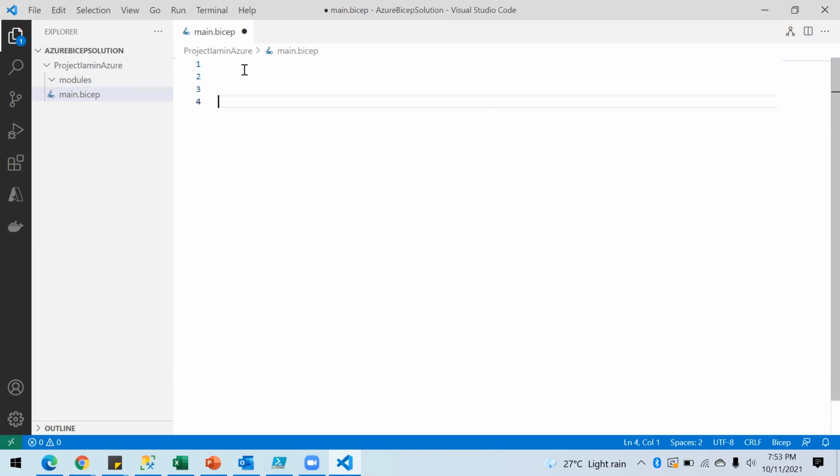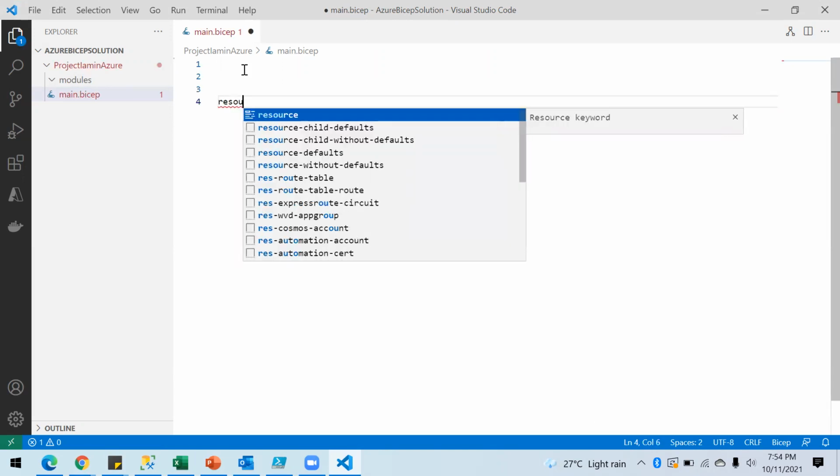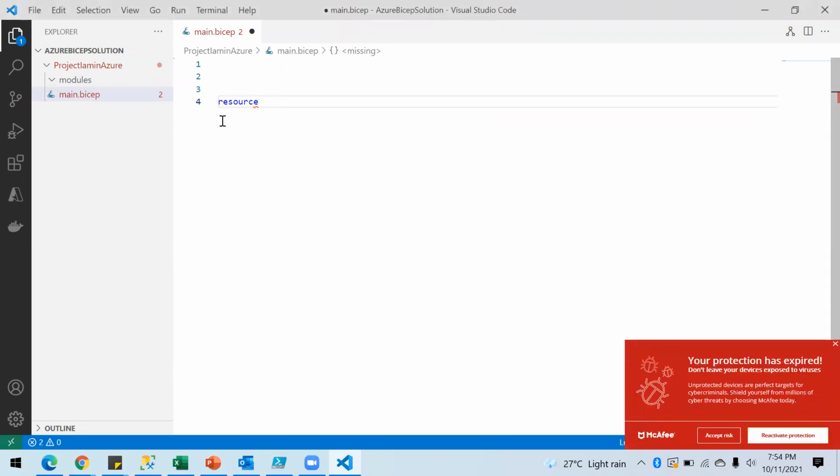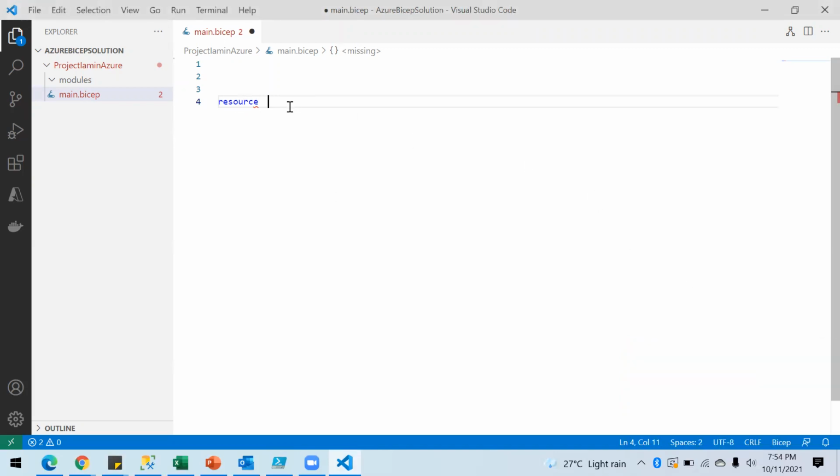When you type here now, to create a resource, you can type just resource. You see all this intelligence coming up. Then you name your resource. It's not the resource name, but just a placeholder for your resource.